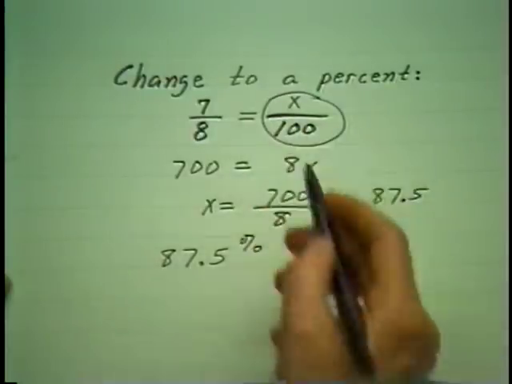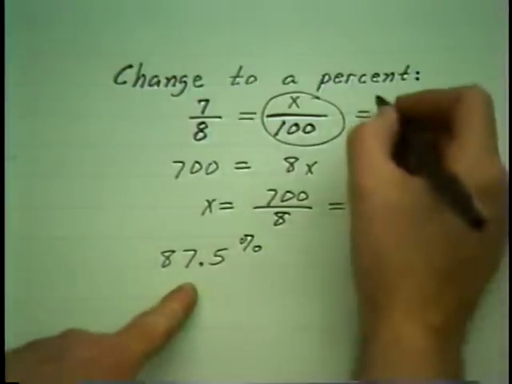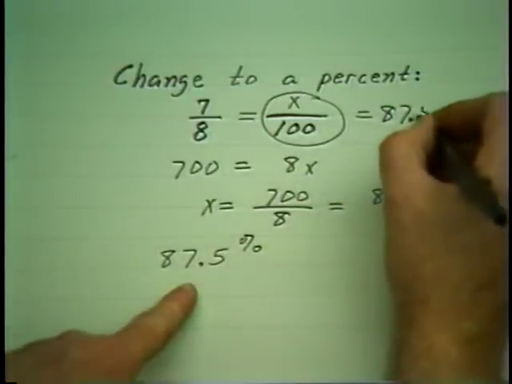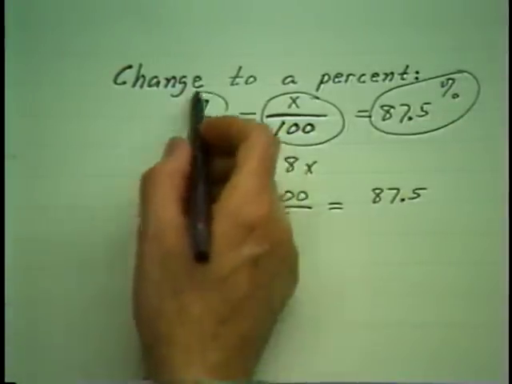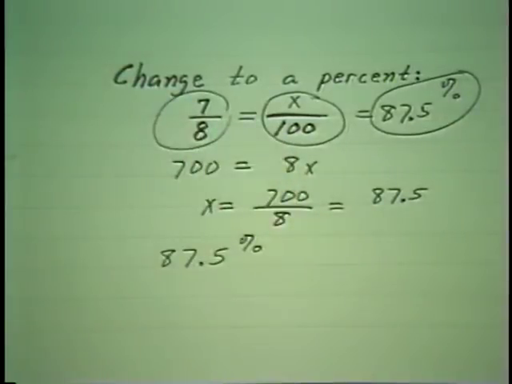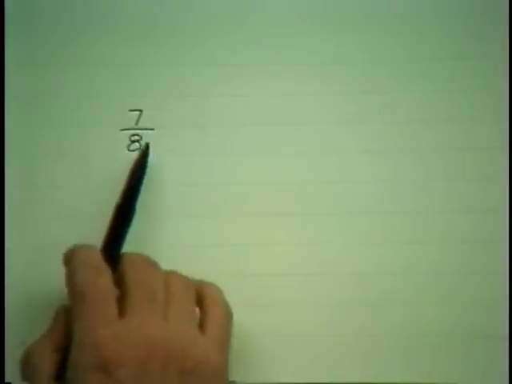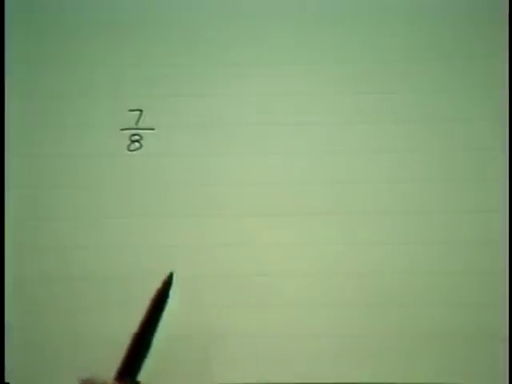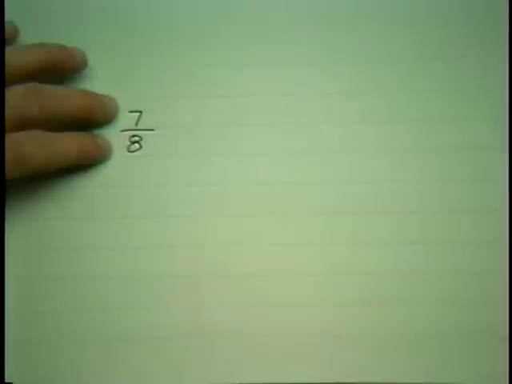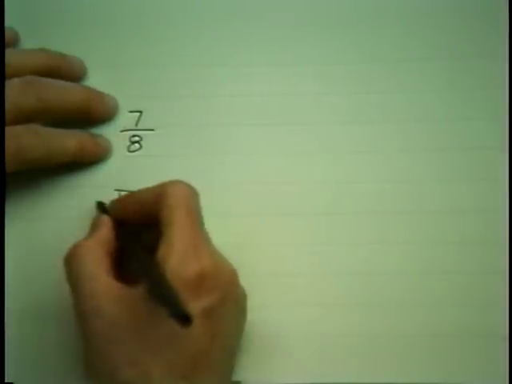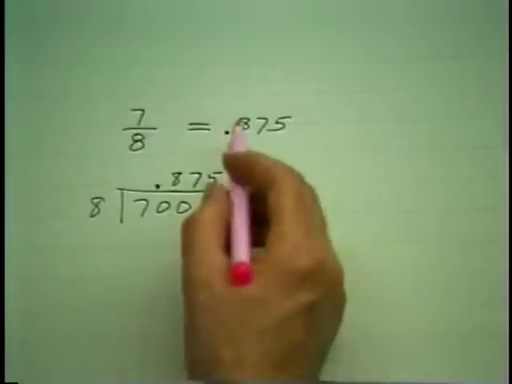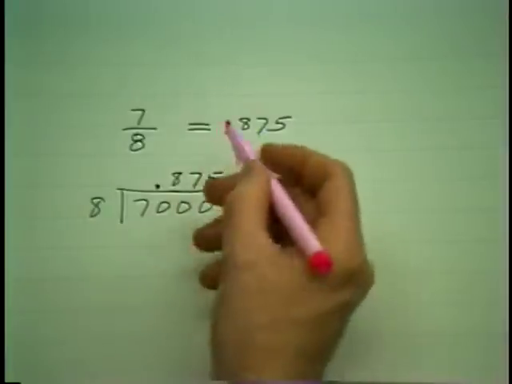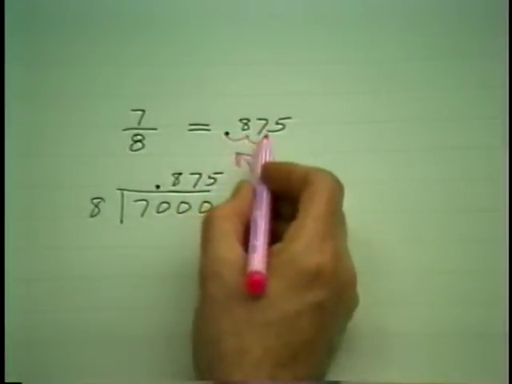So we are replacing this whole expression by this equivalent expression, which is a percent expression equal to our given fractional expression. Now, of course, our original way of looking at this is probably faster. Think of this as a decimal, 7 divided by 8. Dividing it, we would get the decimal equivalent, 0.875. But now we recall if we want to change a decimal to a percent, we move the decimal point 2 places to the percent